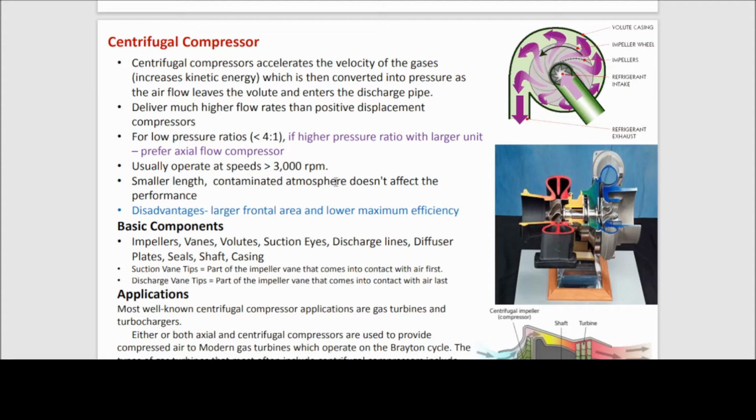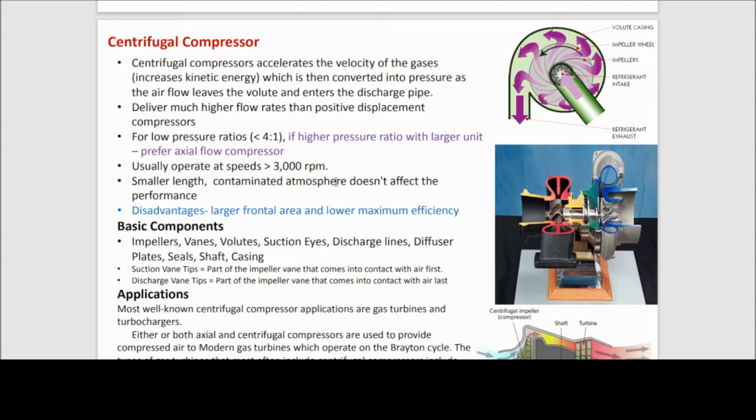Now we will give electrical energy to the impeller. That means the electrical energy is converted into mechanical energy, and that mechanical energy is imparted to the fluid or air, whatever fluid is passing through this impeller. Imparting means that mechanical energy is converted into kinetic energy. Again, this kinetic energy is converted back to pressure using the diffusers. That is the idea. Got it?